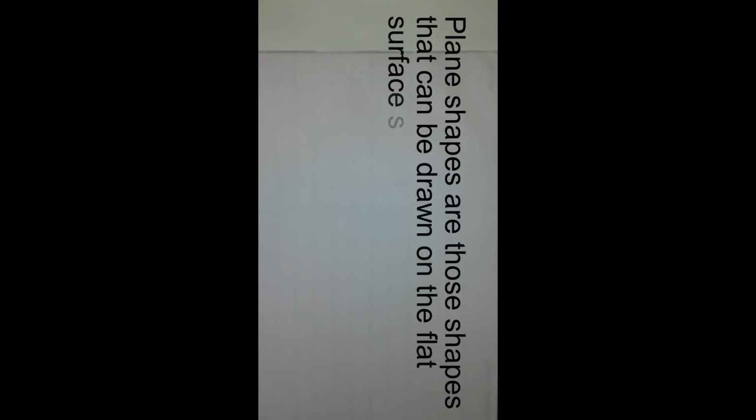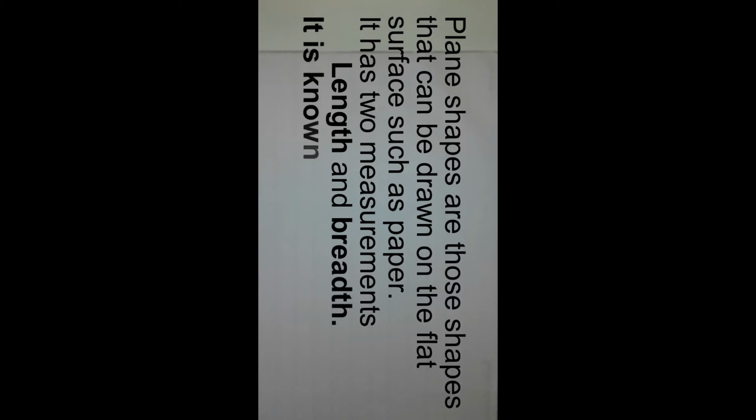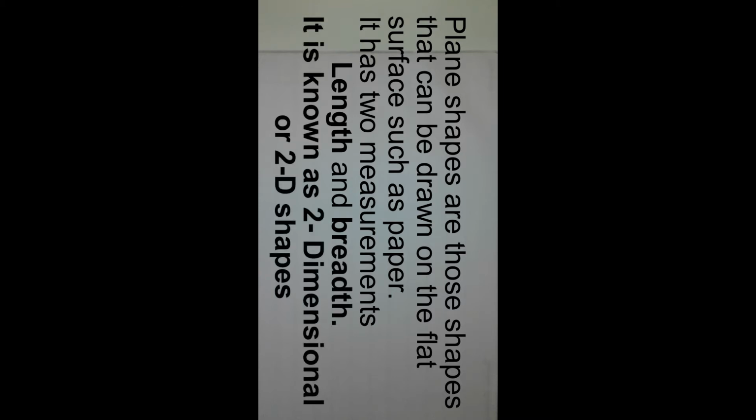Plane shapes. Plane shapes are those shapes that can be drawn on a flat surface such as paper. They have two measurements, length and breadth, so they are known as two-dimensional or 2D shapes. For example,